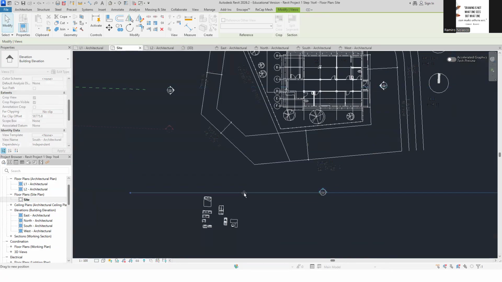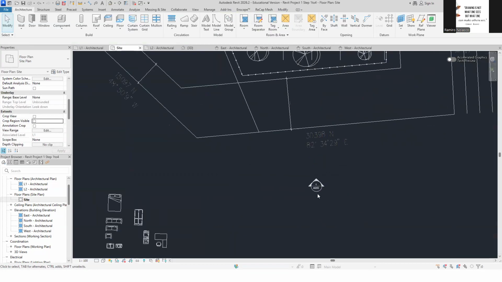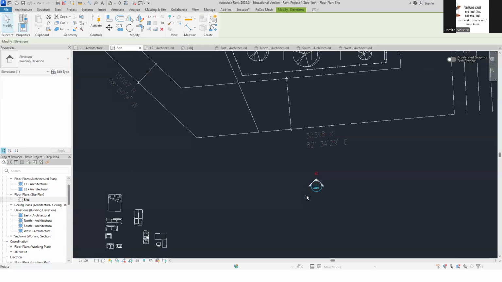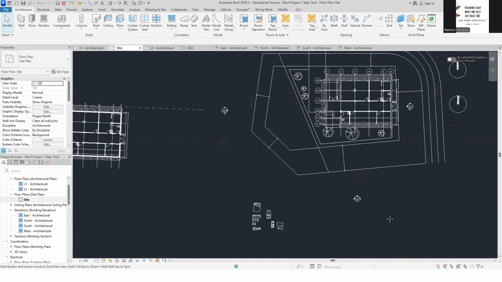It should be before the building. The arrow. Okay. Now, if you click on the circle, that's where you are able to rotate, making sure it is perpendicular to the building. Okay?